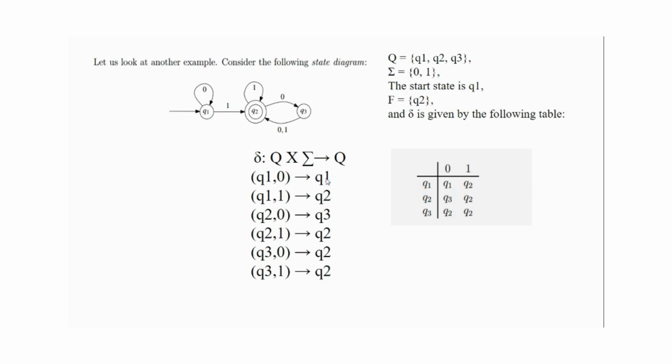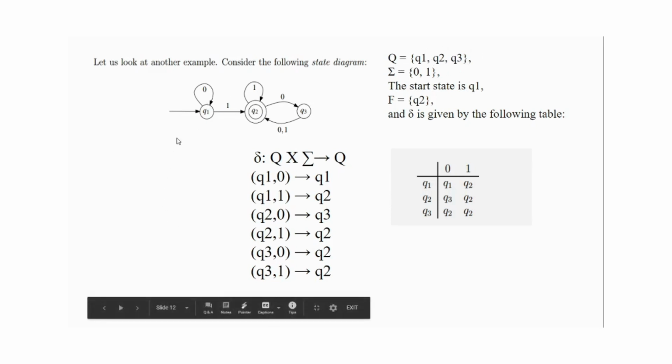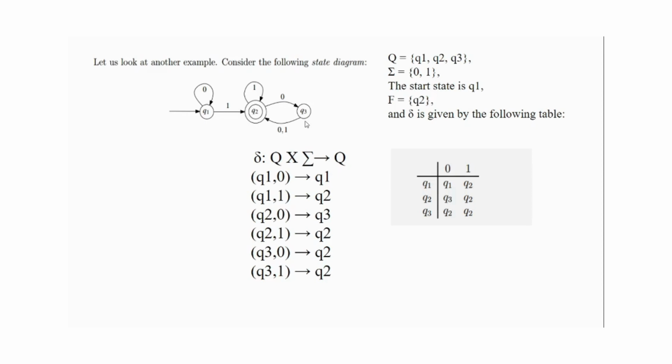Fine. So this is the mathematical way to represent an automaton. Now coming to the question, why is it called a finite automaton? It is called a finite automaton because we have a finite number of states. So these states will be finite. You cannot have infinite states here. That's why it is called a finite automaton. Hope this is clear to you. Why is it called finite automaton? Because we have a finite number of states here.